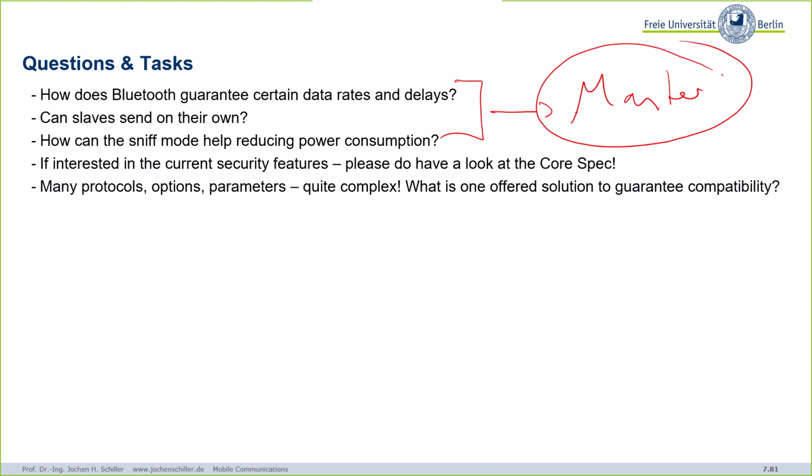I also showed you some of the security features, and to be honest, if you look at the specification, 3,200 something pages, there are many pages about how to do the security, which algorithms to use. And indeed, you cannot go into the details here, because this would cover a lecture of its own, on what kind of algorithms, advantages and disadvantages, and all the different protocols, etc. So this is why I explained